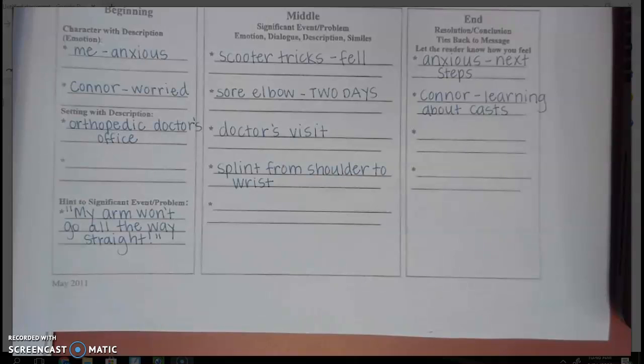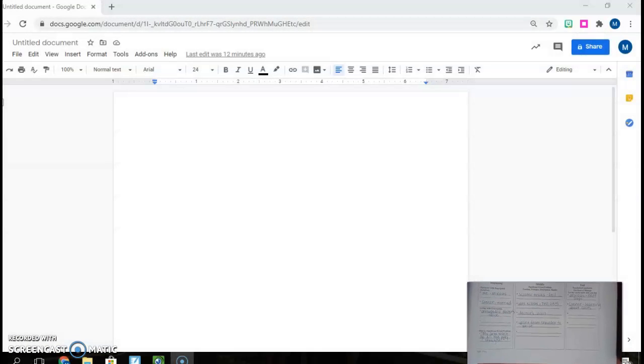So yesterday you all wrote a writing plan. Today we're going to use that writing plan to write a story. I've got my plan down here in the corner, and I'm going to be writing on this Google Doc. I want you all to handwrite your story on the paper we gave you, but it's easier for me to be able to see the plan and the story, and for you to see the story when I do it this way. So the first thing is I'm going to give my story a title.